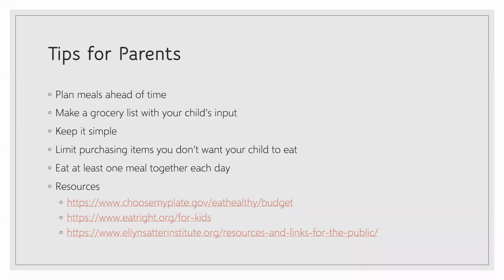The idea around sitting down as a family and talking about things other than food is to help take some of the pressure off of eating. If you have a picky eater, then it's easy to fall into a cycle of mealtimes being pretty stressful. You enter the meal with some anxiety about whether your kid's going to eat or not, and they're anticipating your anxiety. So sometimes they will act up, for lack of a better word, at the table